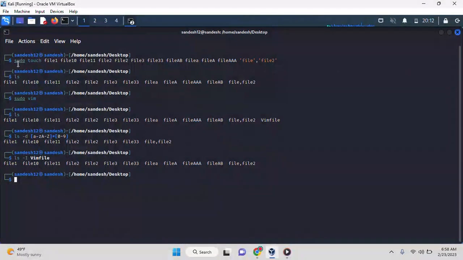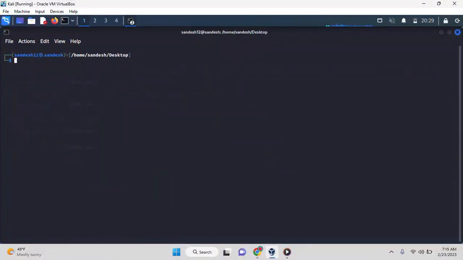So we need to remove or delete the file named vimfile, as per question number 6. We need to delete the vim file using a single command. So rm vimfile